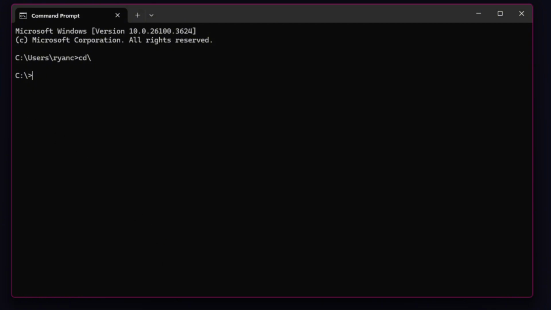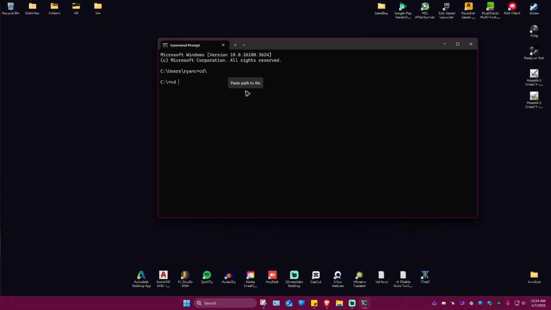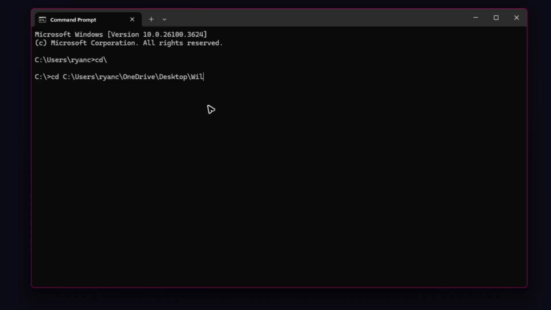Now another example here, I'm going to type in cd, then this file folder right here, then I'm going to hit enter. As you can see, we are currently using the Users, Ryan C, user profile, then OneDrive, Desktop right here,